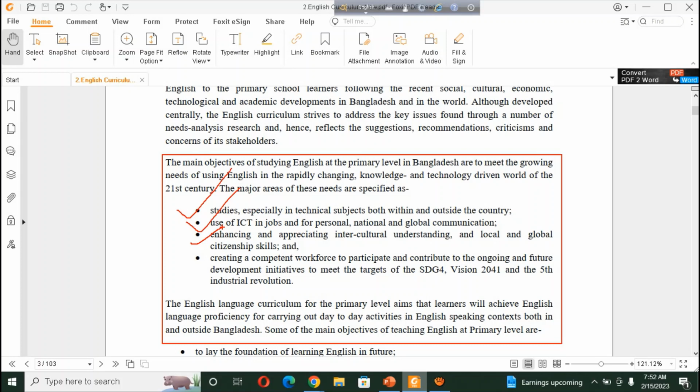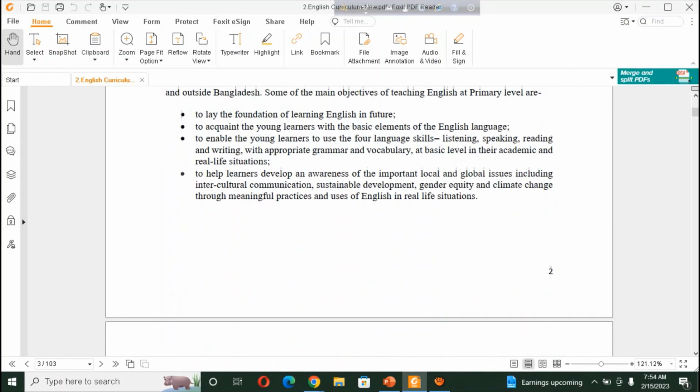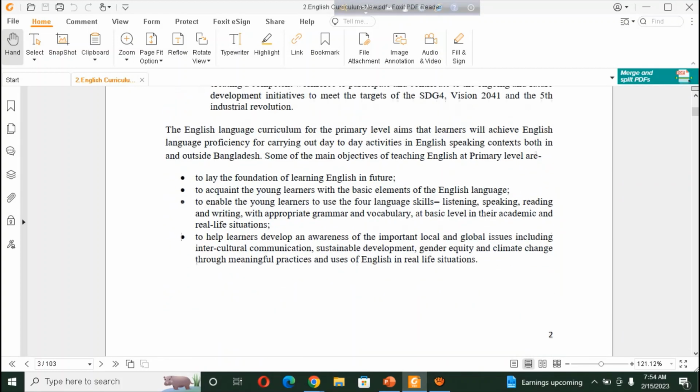For this, we have to change our curriculum, and this English curriculum for the primary level aims that the learners will achieve English language